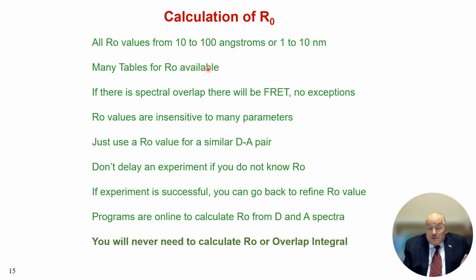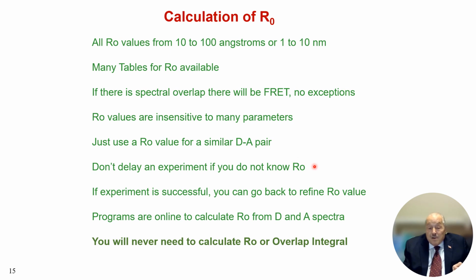All the R0s are going to be in the range of 10 angstroms to 100 angstroms, or 1 to 10 nanometers. You're really not going to have to calculate it because there are many tables available and probably even programs on the web. R0 is insensitive to many parameters. And as I mentioned before, with no exceptions, if there's overlap, it will occur. And if you don't know R0, but you know there's some overlap, don't worry about it. Just do your experiment and see if you get any energy transfer,